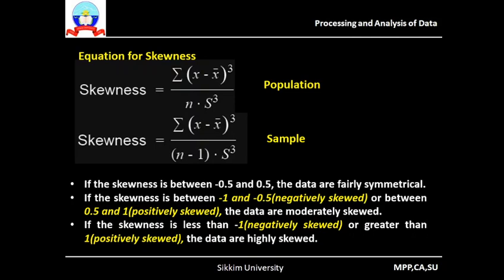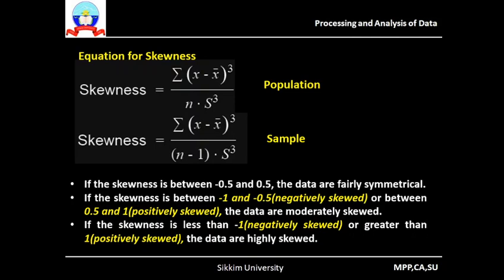If the value of skewness is in between minus 1 and minus 0.5, which represents negatively skewed distribution, or between 0.5 and 1, which represents positively skewed distribution, the data are moderately